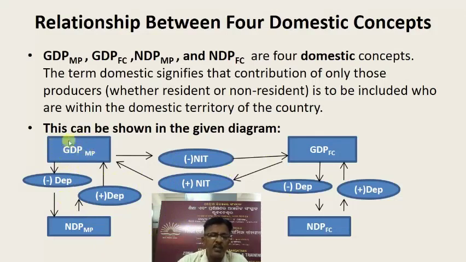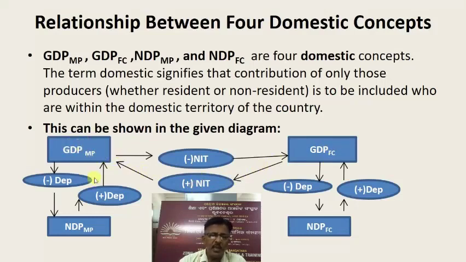So we have started with GDP, remember GDP, gross domestic product at market price. From GDP-MP, if you deduct NIT, net indirect taxes, then what are you getting? The GDP at factor cost, you see. To understand very simply, these diagrams will be helpful to you. From GDP at factor cost, if you go from this side and add NIT, then you will get the market price concept. So GDP at factor cost plus NIT gives GDP at market price.